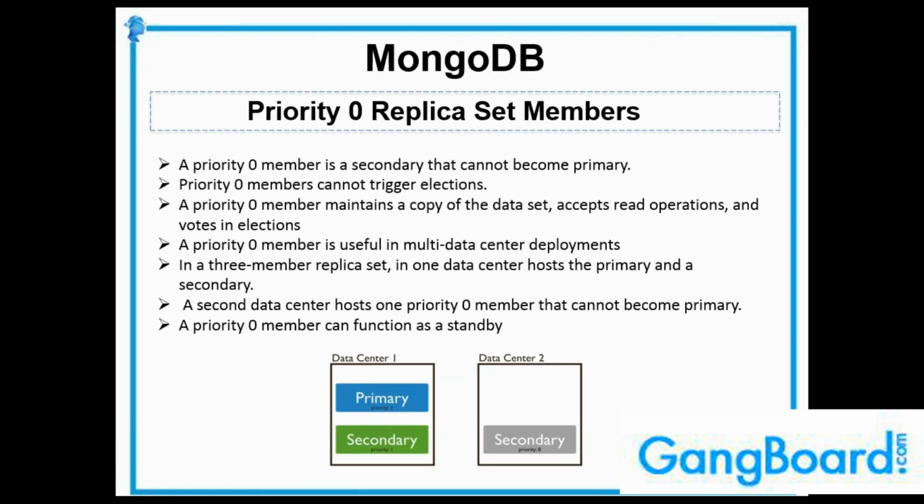Initially, the priority will be the same for all the nodes. It is 1. It means any node can become a primary. Suppose you are thinking that one node